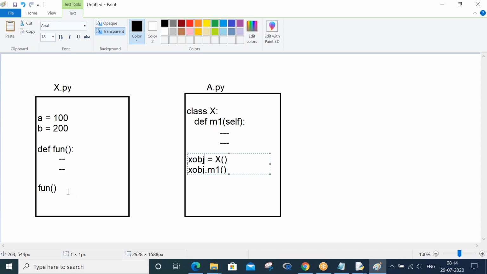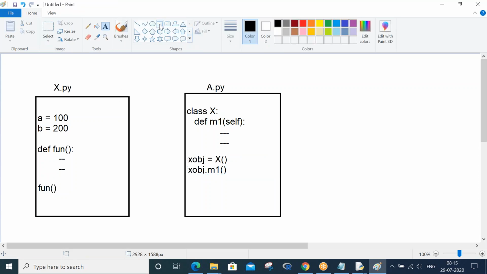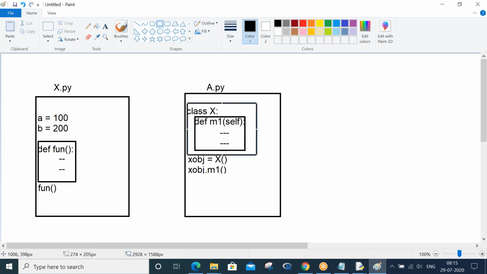Whereas how I am calling my function, straight away I am calling with its name, there is no prefix as such. So that is the basic difference. The other difference is you will write your function straight in the program. But methods, where do we write? We don't write straight in the program. Methods we write in class. Are you understanding? So that's what the key difference is.